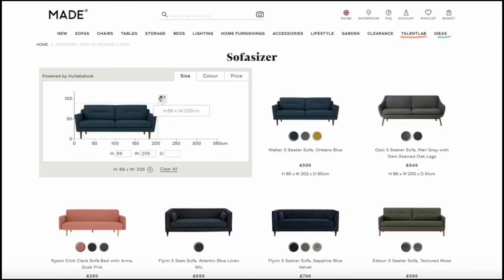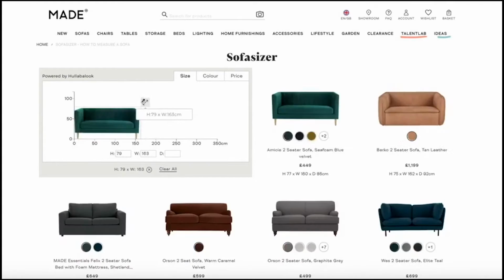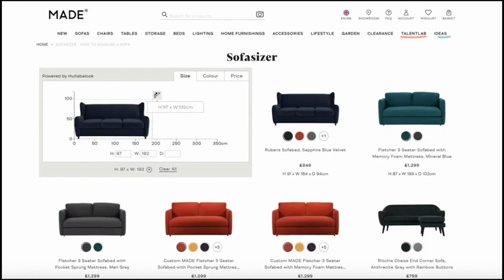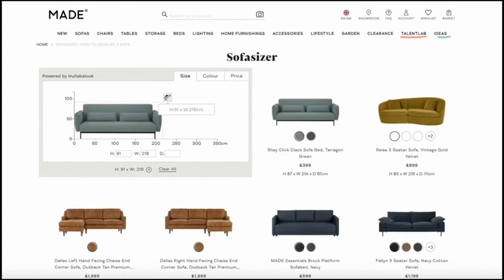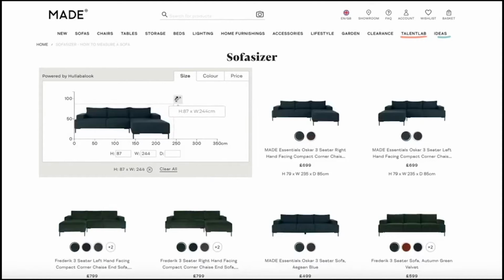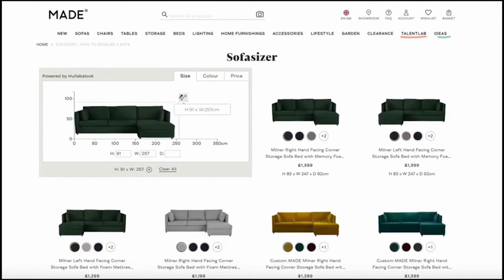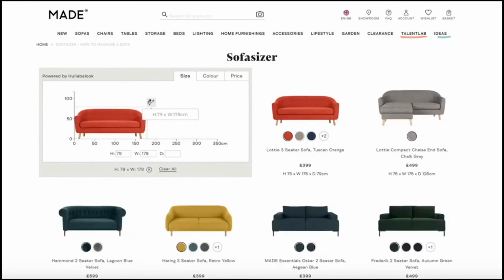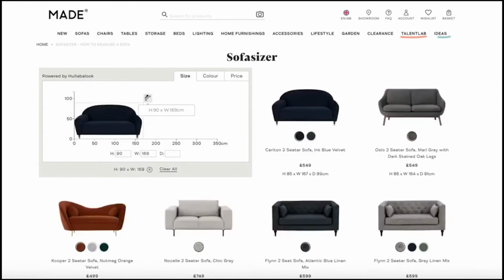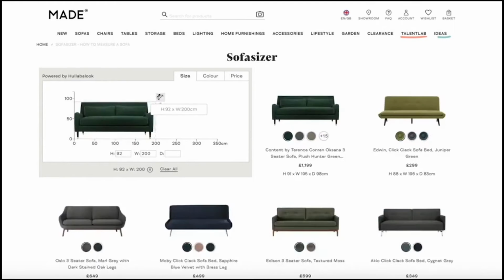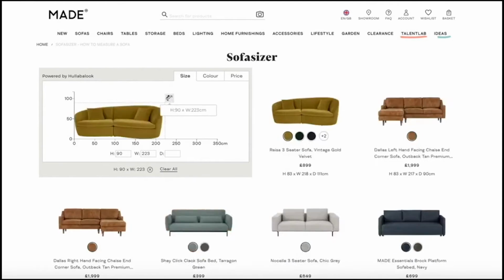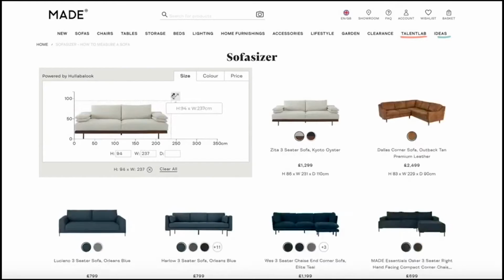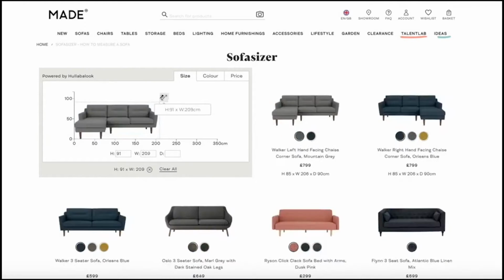So here we're using the product dimensions of the height and width to drive our search. And you can see as we're doing that, the product grid underneath is constantly updating to show us the most relevant products at the top of the page. And so even in the small amount of time that I've been speaking, we've seen 300 or 400 sofas, and you can imagine how long it would have taken to expose a user to so many sofas across the catalogue on a conventional PLP journey, where usually the user has to go in and out of lots of different navigation